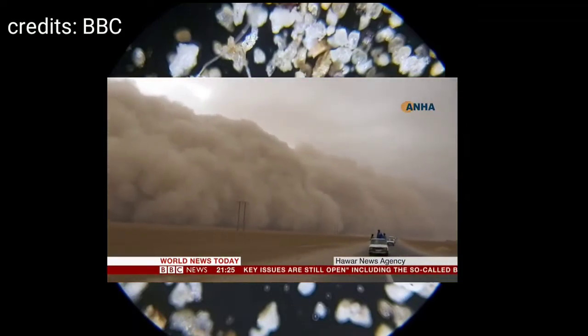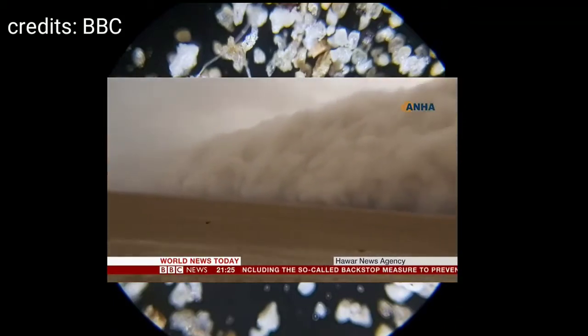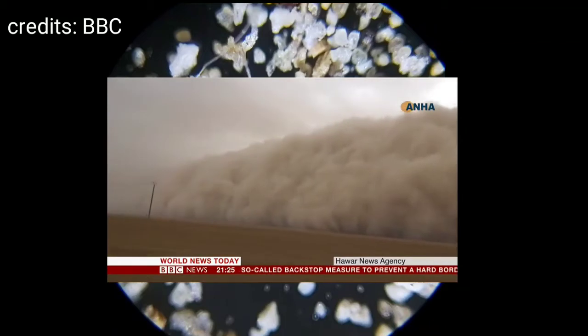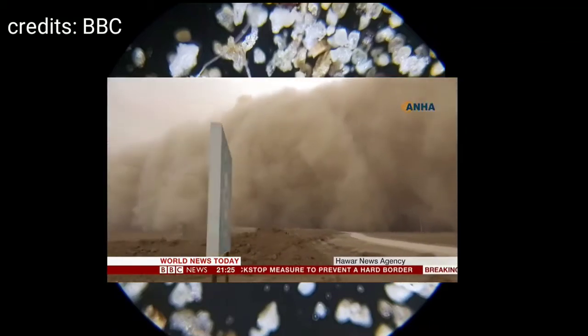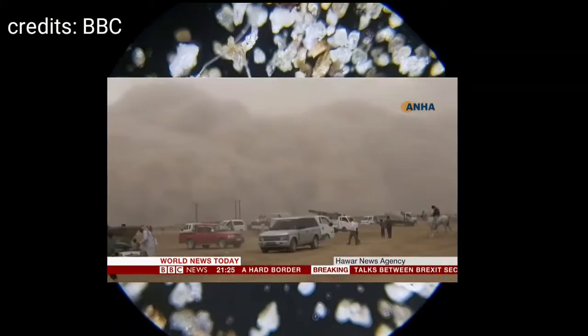Sandstorm is a common environmental phenomenon, occurring everywhere, especially in the deserts of the Middle East. A sandstorm usually arrives suddenly in the form of an advancing wall of dust and debris, which may be miles long and several thousand feet high. It strikes with little warning, making conditions hazardous.